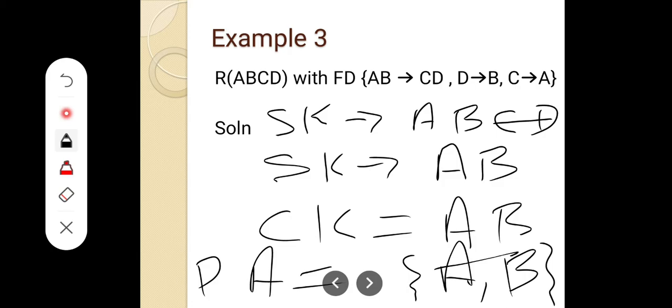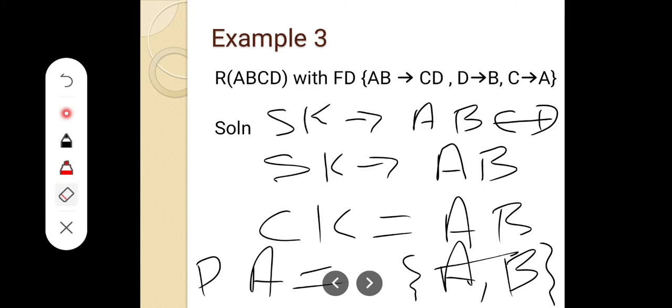Now you just check whether there are any more functional dependencies, any more candidate keys. How to check? You look at the prime attributes. If any of the prime attributes are available in the RHS, A is there and B is also there. A and B are there. So how can we find it out? Clear? That is our next task.